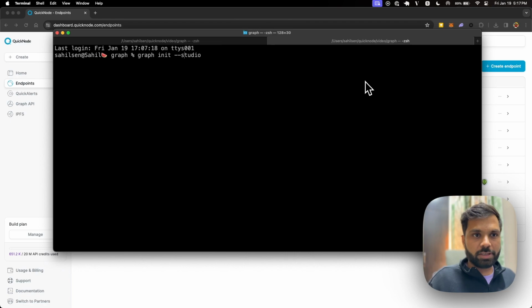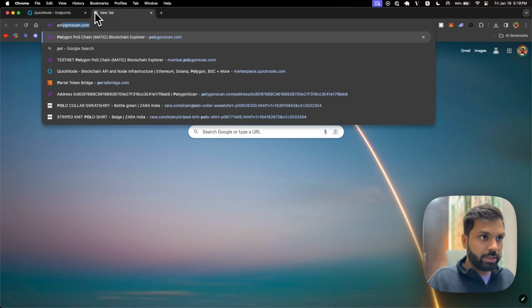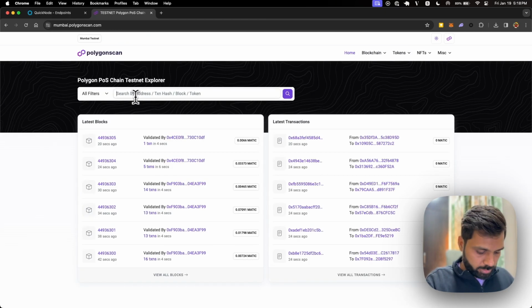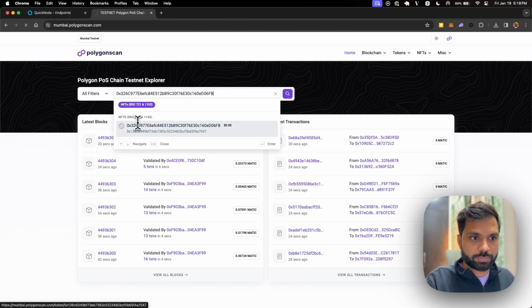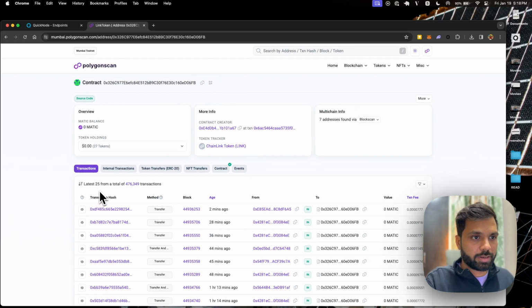What this will do is initialize a new Graph Studio project, and the name of the project will be link contract. And why we are naming it link contract is because we will be indexing the LINK token smart contract on the Polygon Mumbai testnet, which will be this smart contract. So we will index all the events and all the information of this smart contract in our subgraph. And let's go back,